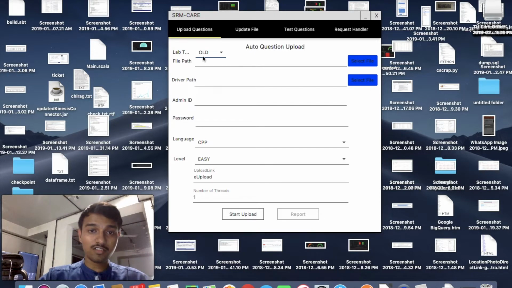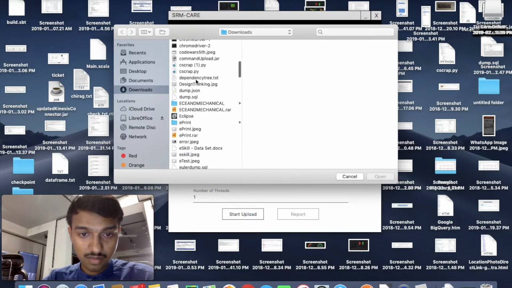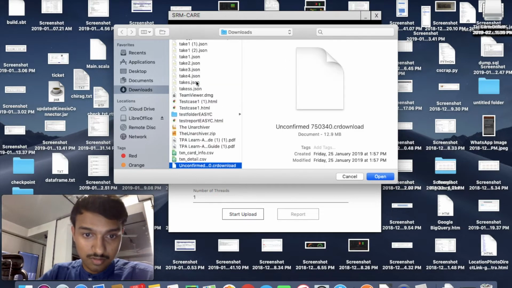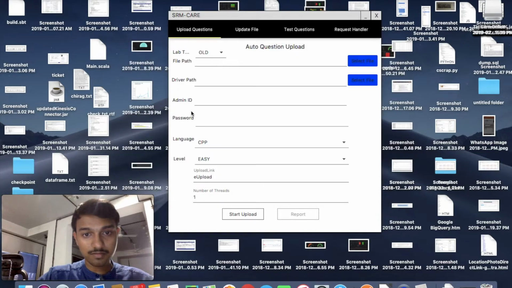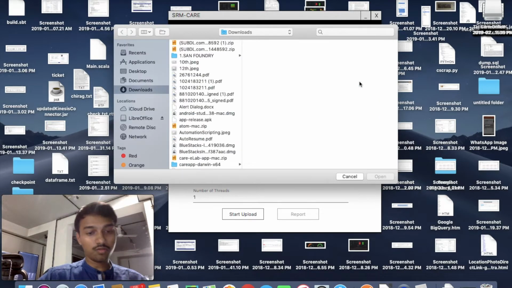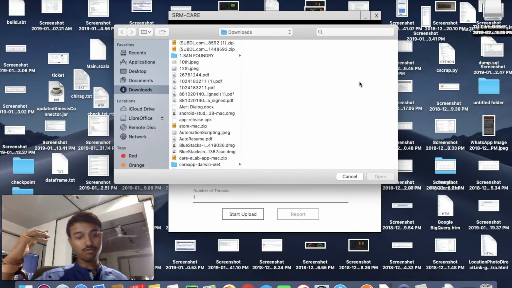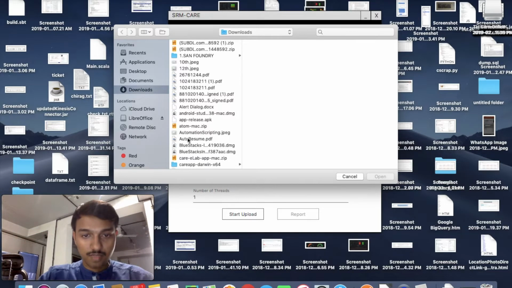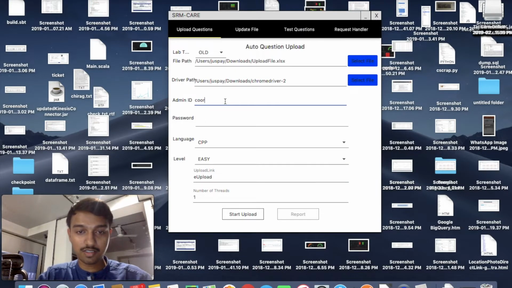So for the old eLab, you have to select the file path of the Excel file from which this software will take the questions. I'll select the file path, then upload questions, upload file and driver path. I used Selenium for this, so basically it uses a Chrome web driver to run those scripts. I'll select the Chrome driver, and after that you have to give the coordinator